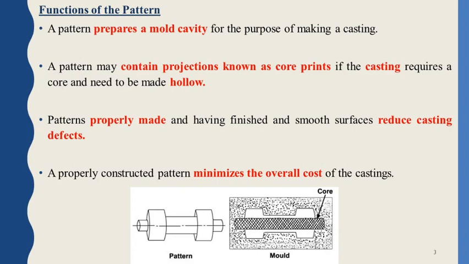Once we pour the molten metal, the molten metal will fill all the vacant spaces in the mold cavity, but it will not fill the regions at the center where we have placed the core. Once the molding process and solidification are completed, and we break out the mold and remove the casting, we can easily remove the core, which will give us a hollow casting. So this provision for creating holes by placing a core is given over the pattern. That is another function of the pattern, to create provision for placing the core.